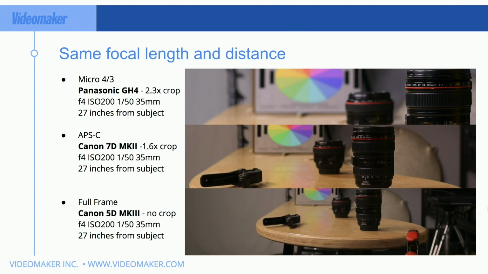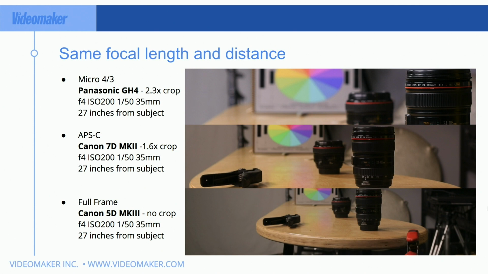And then lastly, here is all three with the same focal length and distance from the subject, and the same exposure and everything, right? And as you might see, there's less sensor to capture. So what the Micro Four Thirds sees there looks like a close-up, right? It's because it is. It's actually a longer focal length because 35 millimeter times 1.3 is larger. I'm not going to do the math really quick. It's going to be like 90 or 85 millimeter or something like that versus the full frame, which is really shooting at 35 millimeter because there's no crop. So it's a much wider field of view.